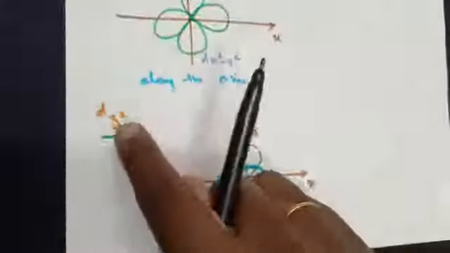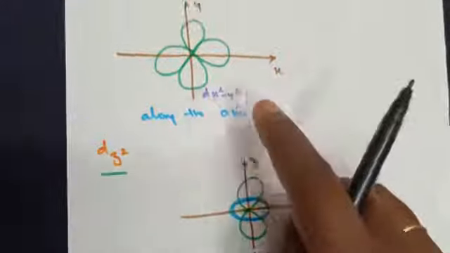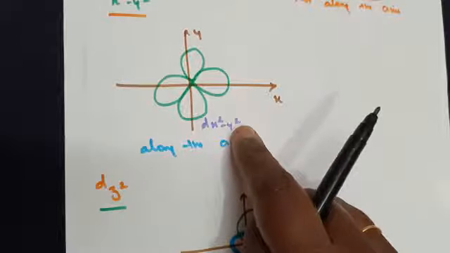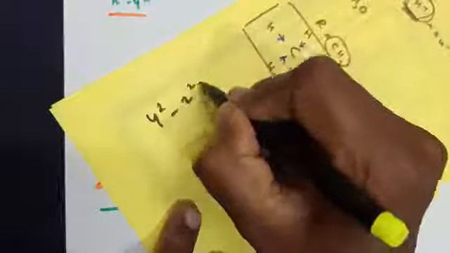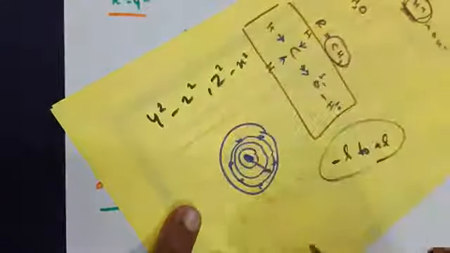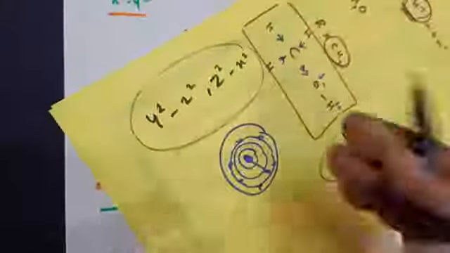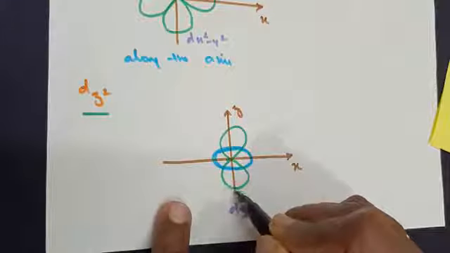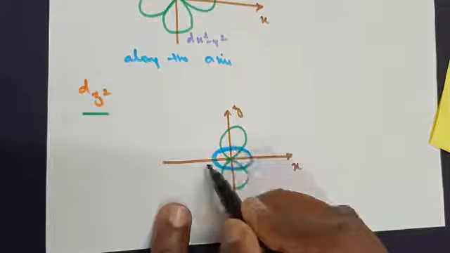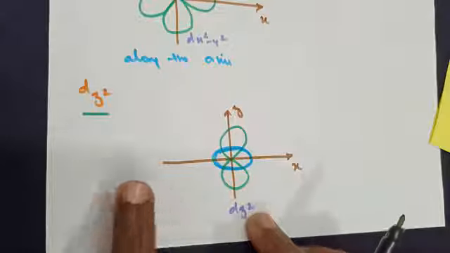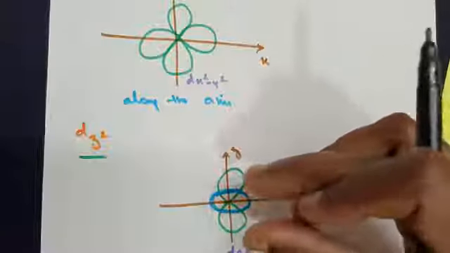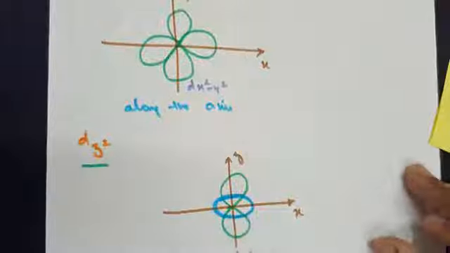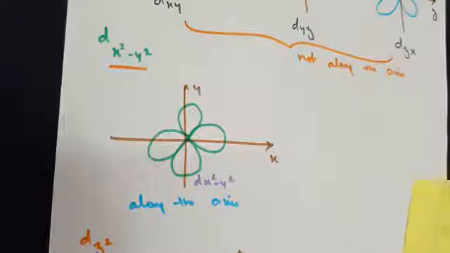The last one, dz square. Here again it's a combination of, as you wrote here, x square minus y square. Next you have a set of y square minus z square and one more set of z square minus x square. When we put them together, as I'll teach you in the chemical bonding chapter, we get a particular shape, that is a dumbbell on the z-axis and a kind of ring at the nodal point here. So this is the structure for dz square. I'm repeating again, why this particular structure is formed, I will be teaching you in the 7th chapter. All you need to remember is the different types of shapes that are possible.